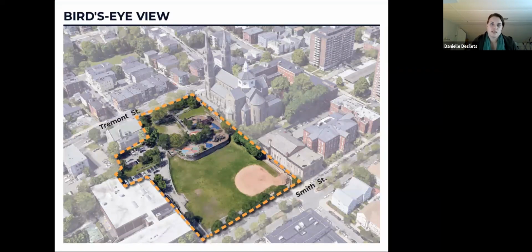So in this case, south is to the north of the slide, but Tremont Street runs diagonal, and you can see the Basilica right next door. On the other side of the park on Tremont is the public library, and then there's the Maurice Tobin School down towards Smith Street, and of course Smith Street is another significant thoroughfare in the neighborhood.